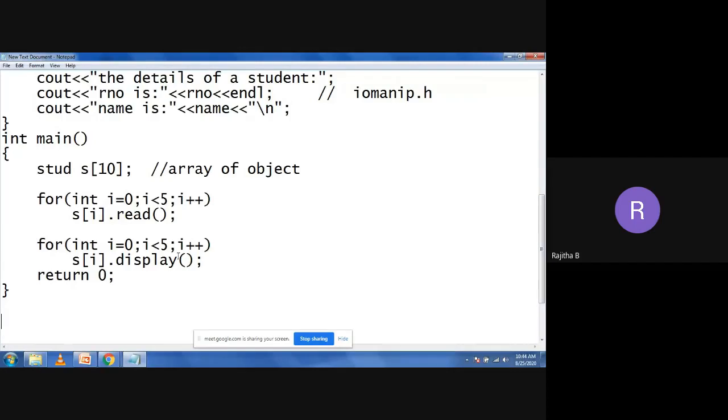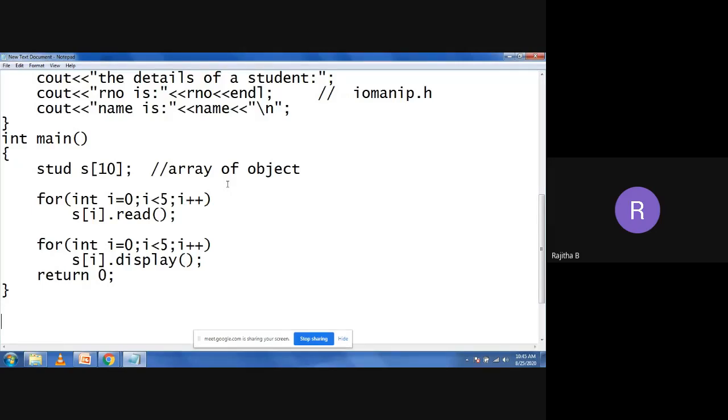So this is the array of objects in a class program. Now today's assignment is the same. You need to use the array of objects with name and roll number, but take one more function and read the marks of a student, calculate the average of the student, and display each student's name, roll number and marks average.